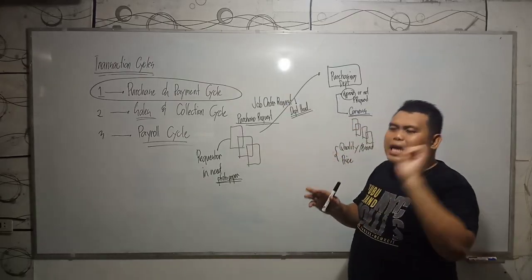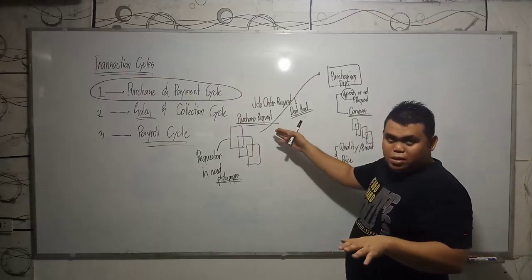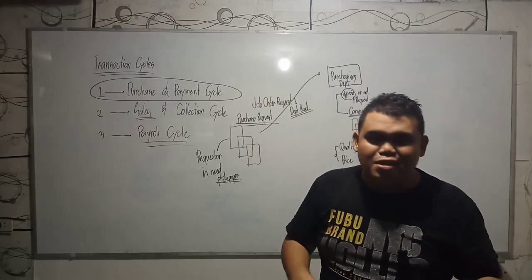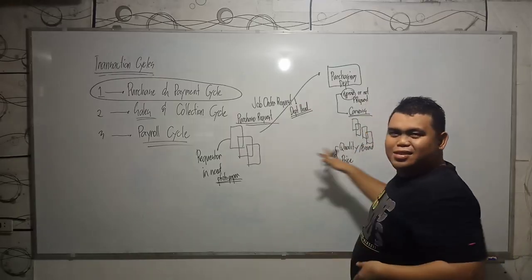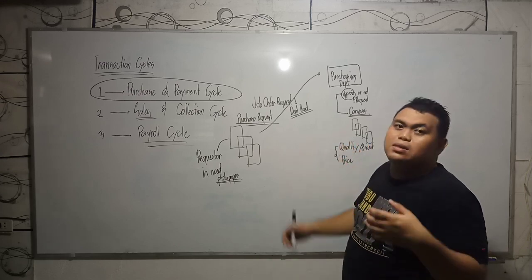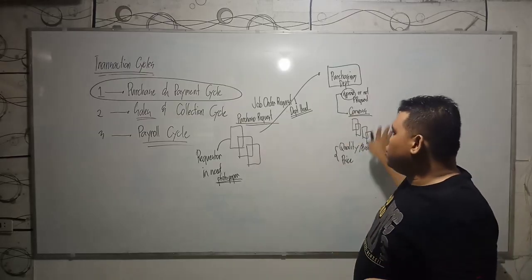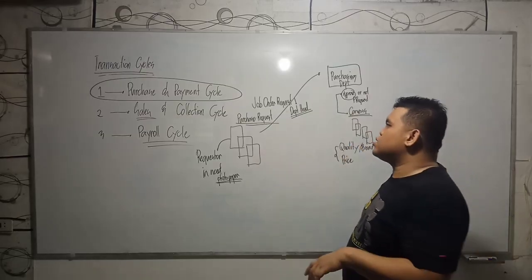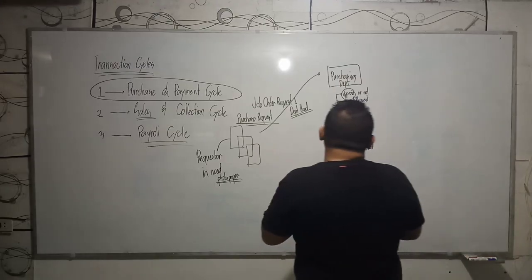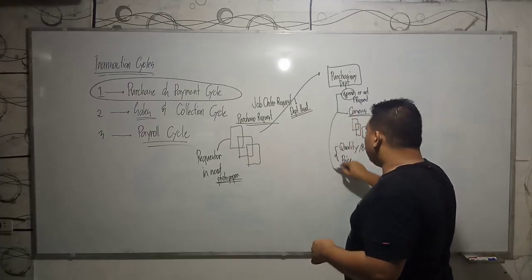Now, talking about that, I would like to highlight that these particular processes that we are talking about currently are not fixed in companies. Sometimes they add something here in the cycle to make the internal control better. Sometimes they eliminate processes to make their transaction cycle efficient also. But then again, I would like to give you the overview of how the transactions are normally processed. Okay? Now, we have the purchasing department, canvass, and then after the canvass, consider the quality or the brand and the price, and we will have a winner.